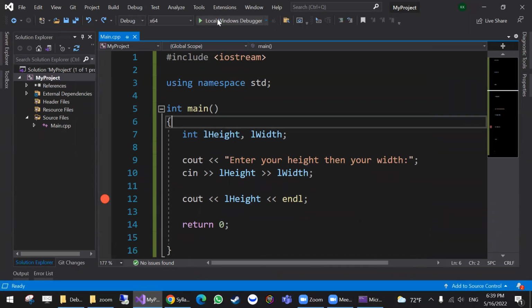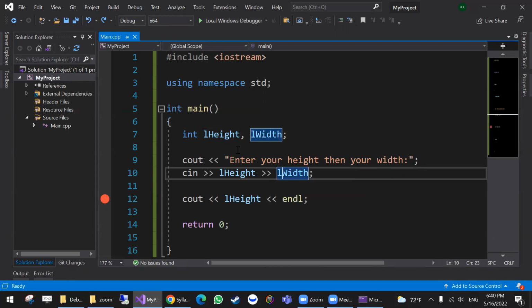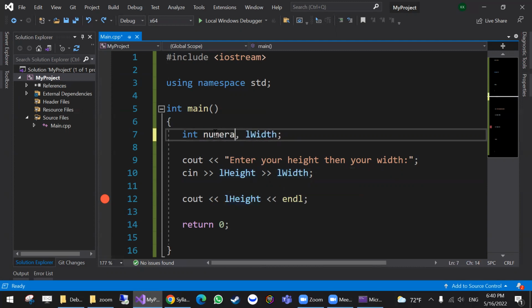Then continuing with the book, mathematical expressions. They explain that C++ allows you to construct complex mathematical expressions using multiple operators at the same time. For example, let's start with the basic ones. For example, I'm going to read two variables using the cin that we just learned, and then apply some operation on them. So enter, for example, numerator